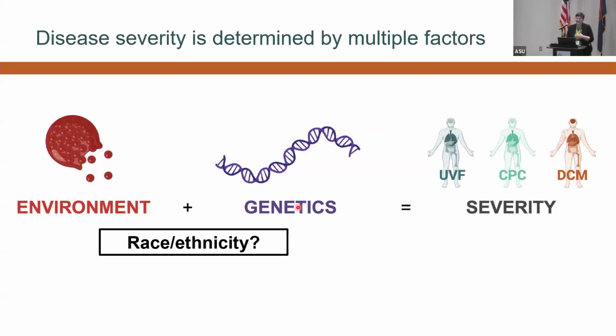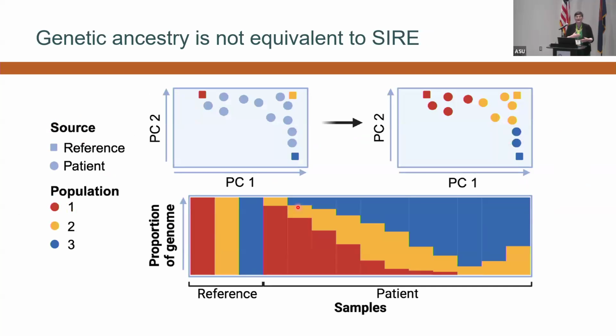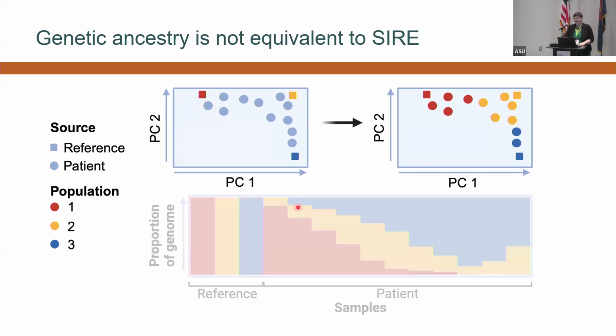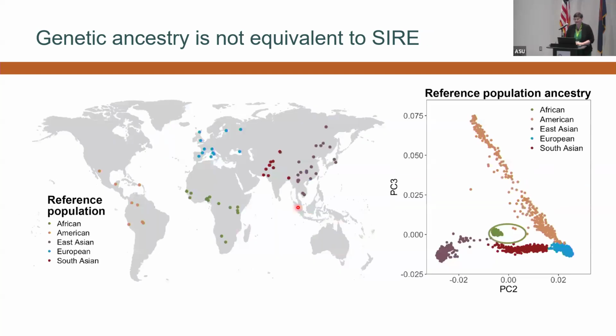Now, that's still not telling us anything about whether or not it's genetic, right? That's still just SIRE, or self-identified race or ethnicity. And so in order to move beyond that to the DNA level, we calculated what's called genetic ancestry. I talked about this before, so I'll try and be quick. The first method we use to calculate genetic ancestry is what's known as principal components analysis. A lot of you use that. Basically, it's a dimension reduction algorithm. You put in all of the variants in the genome, and then you pull out components that represent